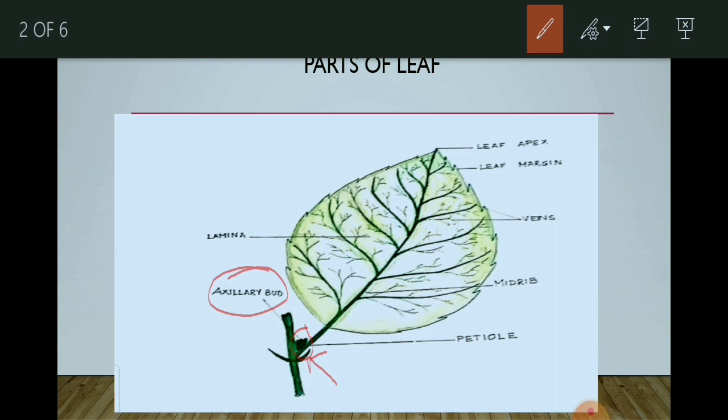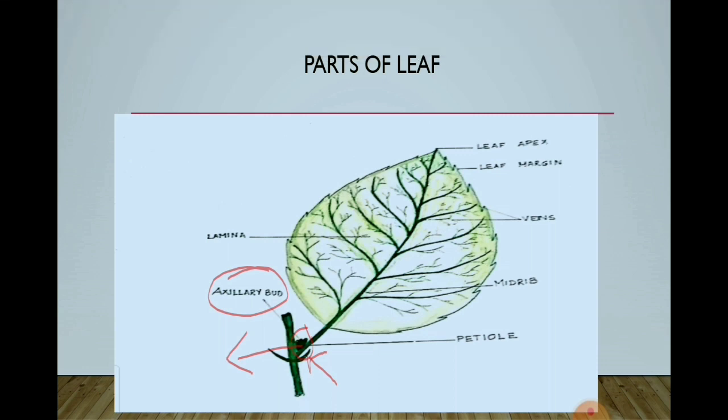Now axillary buds develop from the nodes. Nodes I have already discussed. So from the nodes of the stem, these axillary buds actually develop, and they help to become a new stem. So with the help of this bud, a new stem can develop. Sometimes from axillary buds, branches develop, and this type of branch is known as an axillary shoot. Sometimes flowers also arise from this axillary bud, and when flowers arise from axillary buds, they are known as floral buds. Okay, I hope this one is clear to you.